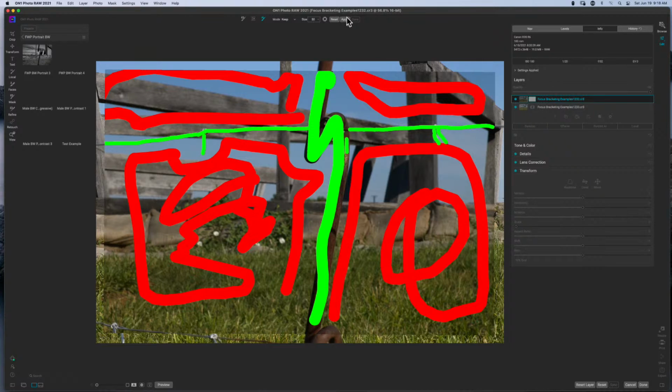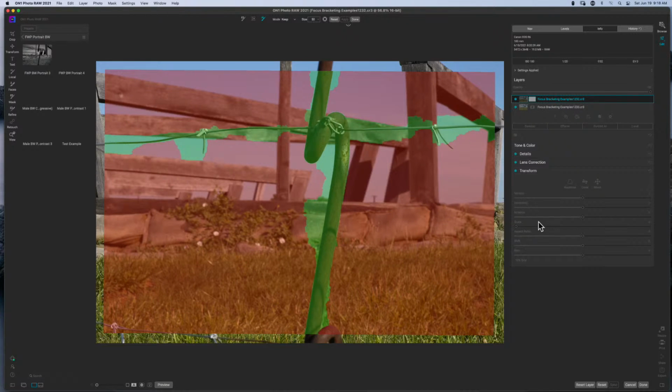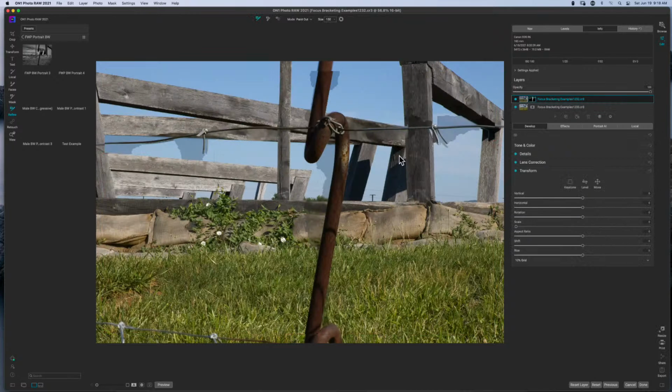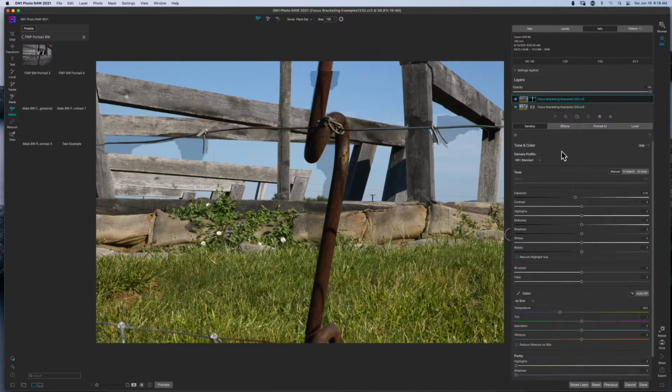All right, let's see what ON1 thinks about that. And that's okay. It's not okay, but I'm gonna roll with it. All right, so we'll hit done. And now I get this piece of metal in the foreground. I can reset the exposure so it blends in a lot better. But this is a lot easier to clean up, right? Because I could just come over here